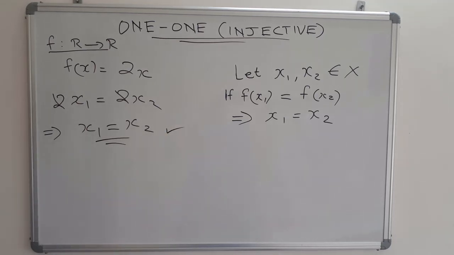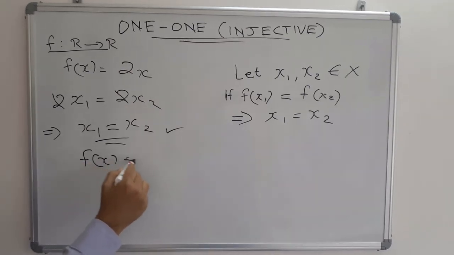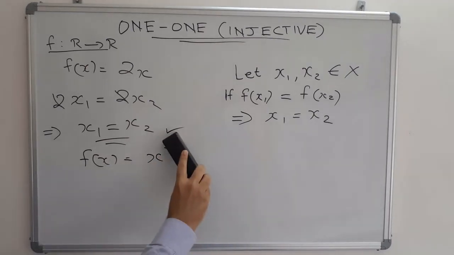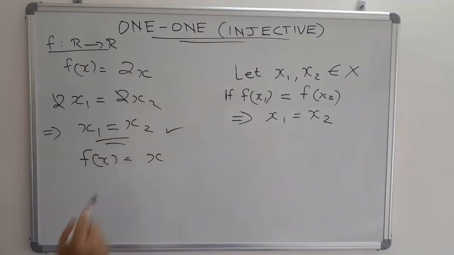And it is not just an automatic thing, that in every function we just cut the common factor and say f of x1 equal to f of x2 implies x1 equal to x2. It is not the case. Let us discuss another example. Here the domain and range both are the same. The domain and range are real numbers, and this is the function definition, f of x equal to x square.